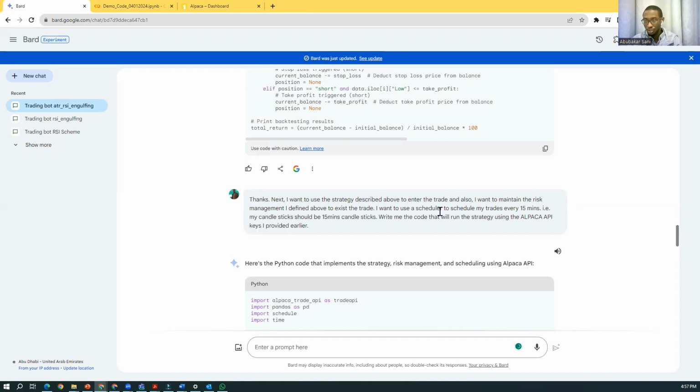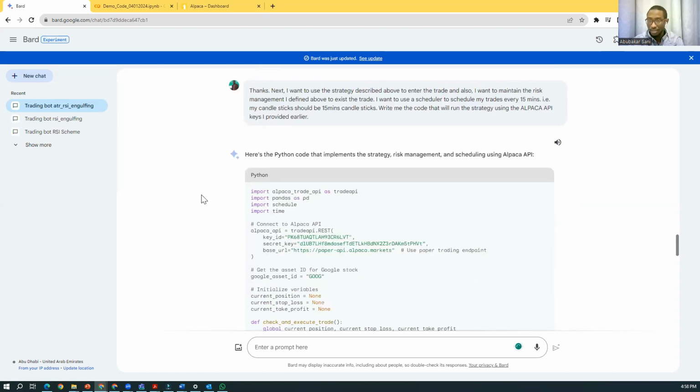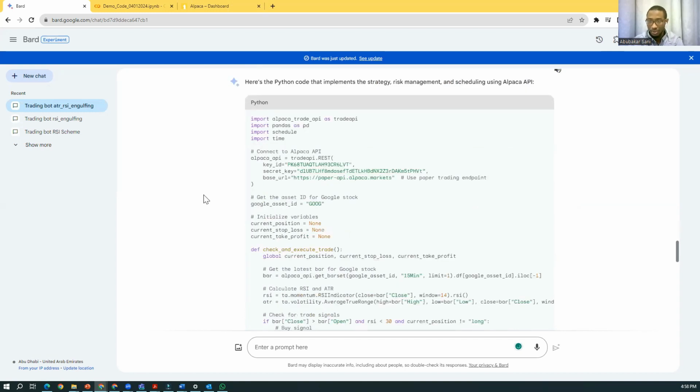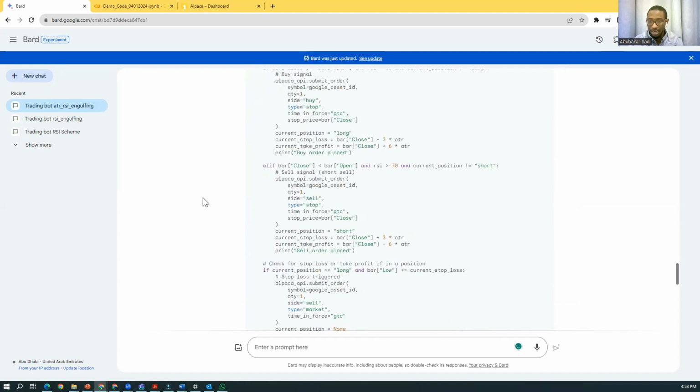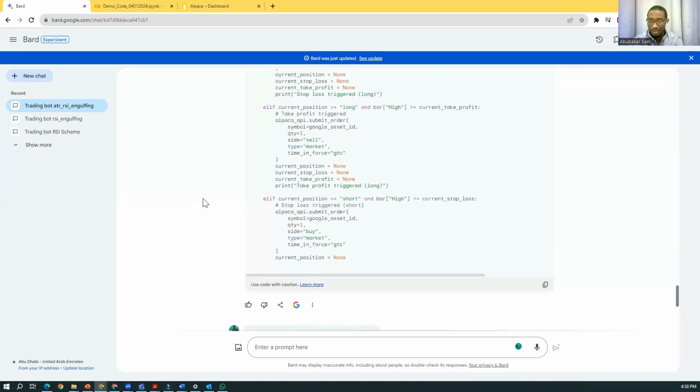I want to use a scheduler to schedule my trades every 15 minutes. That is, my candlesticks should be 15 minutes candlesticks. Write me the code that will run the strategy using the Alpaca API keys I provided earlier. Alright, so it started to write me the code, it wrote the code, kept on writing, and then it got